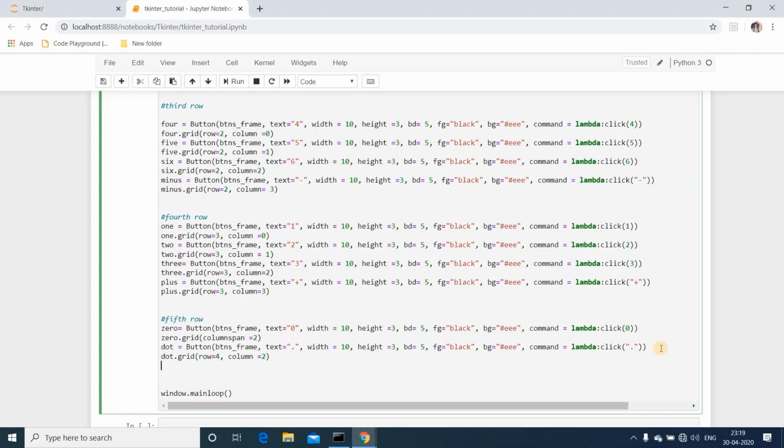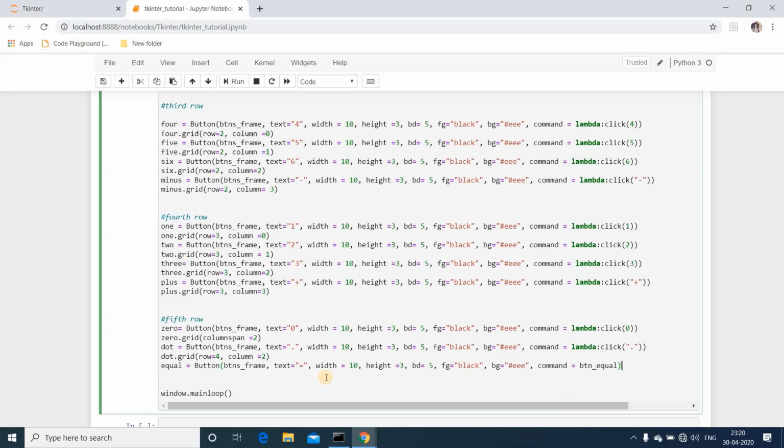And now the last button, equals. I just paste the same thing and change it to equal, change the text to equal, and here you delete this. You need to call the button equal function that we have created previously. Close this.